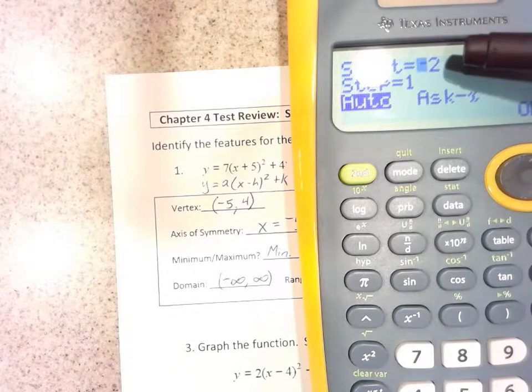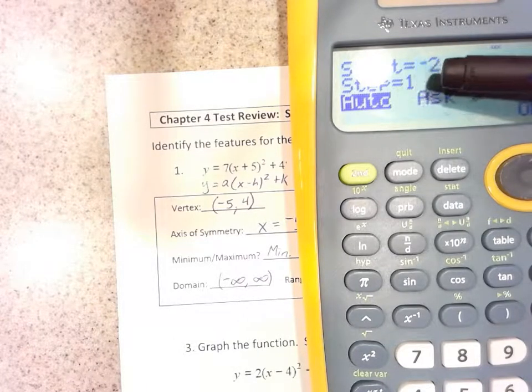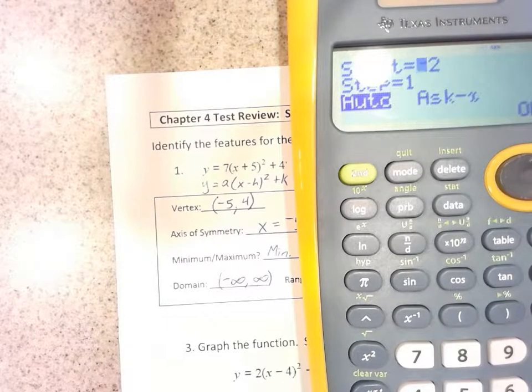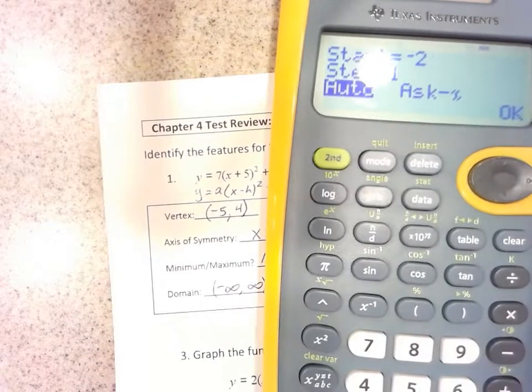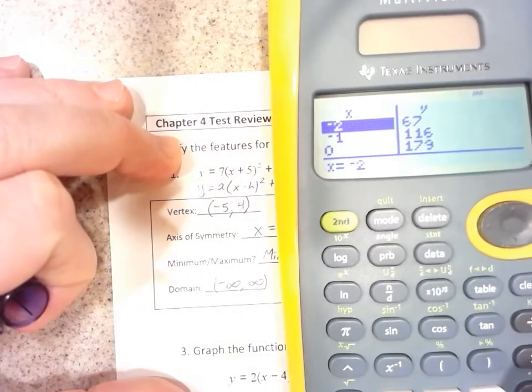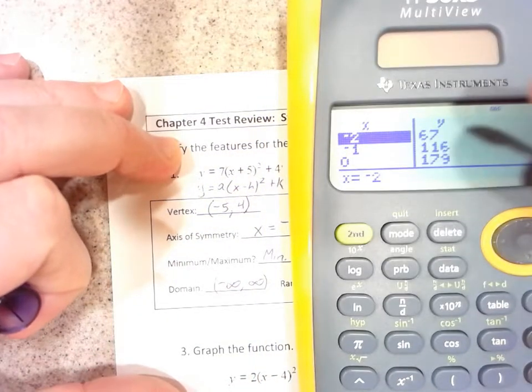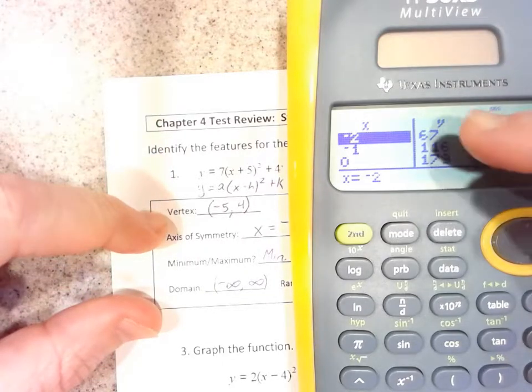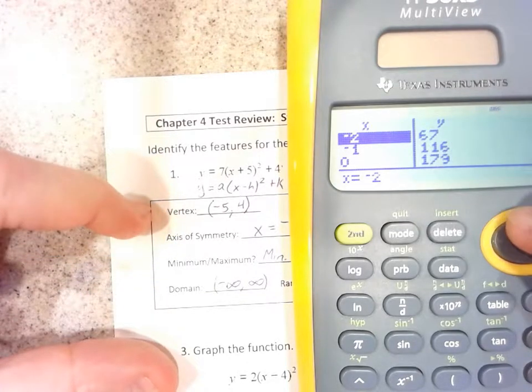start as an x value. It's going to increase by 1s, and it's automatically going to fill in the numbers. So I just press enter and OK. Hit enter one more time, and we see the x values and the y values, that when you put negative 2 into that equation you get out 67. Well, if I go towards the smaller numbers, eventually I see